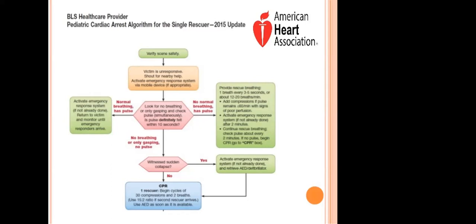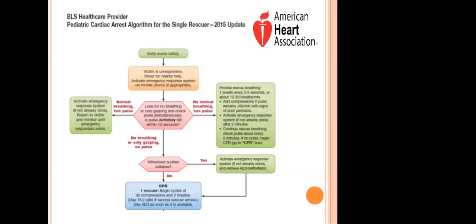If the patient is breathing normally and has a pulse, you monitor the patient until emergency responders arrive. But if there's no breathing but the patient has a pulse, you want to provide rescue breathing, one breath every 3 to 5 or 6 seconds, or about 12 to 20 breaths per minute. This is for patients who do not have an airway in situ.